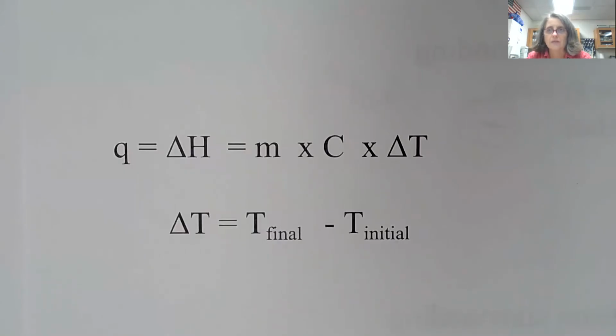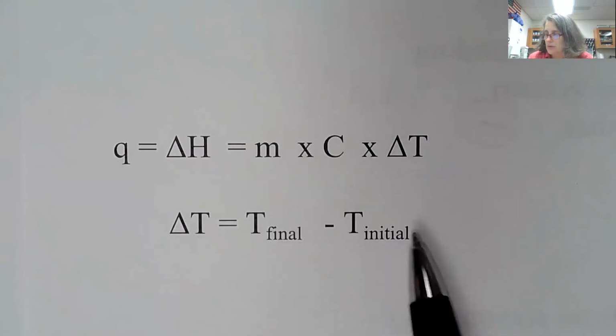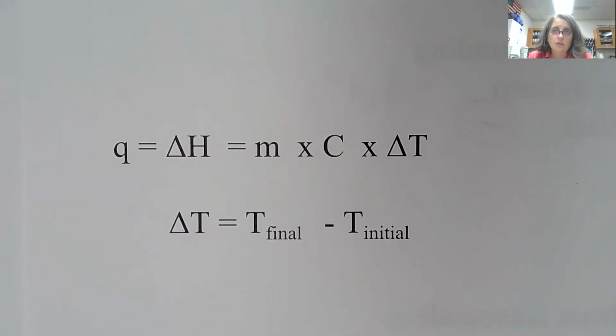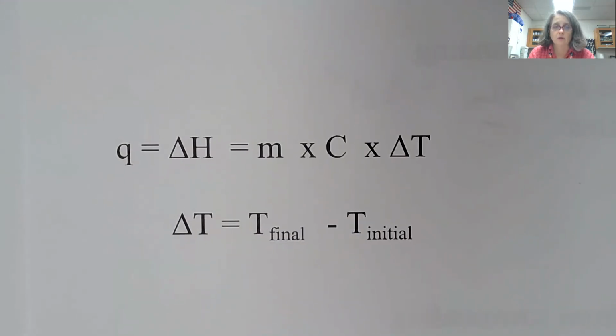Okay, because again, exothermics, the temperatures are going to go up. So the final temperature is going to be greater than the initial temperature, but in an endothermic process, the final temperature is going to be lower than the initial. So again, the negatives and the positives are going to get confusing with delta T's. But just understand this delta H is going to be the same as Q, okay? And endothermic and exothermic processes,